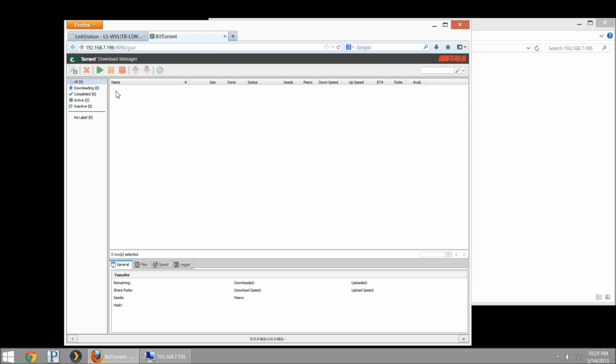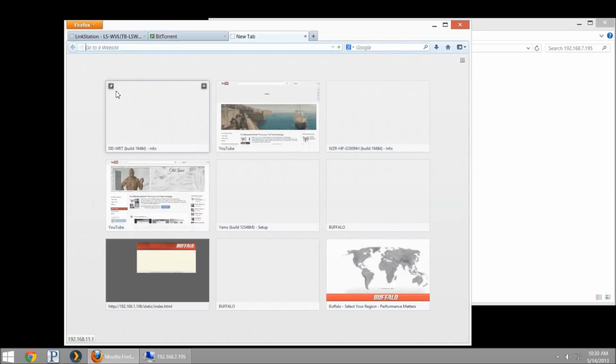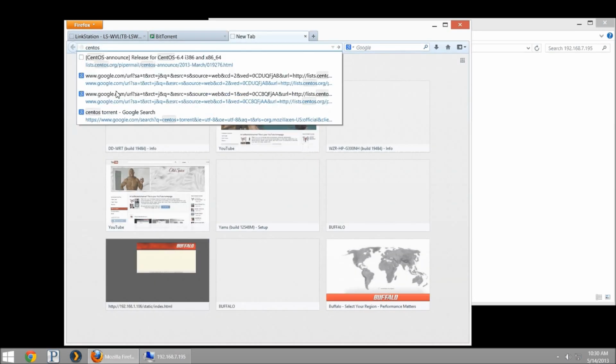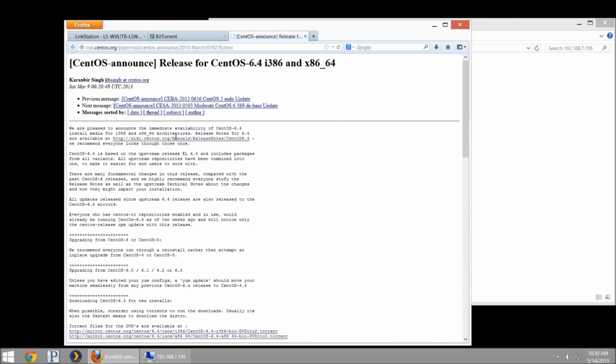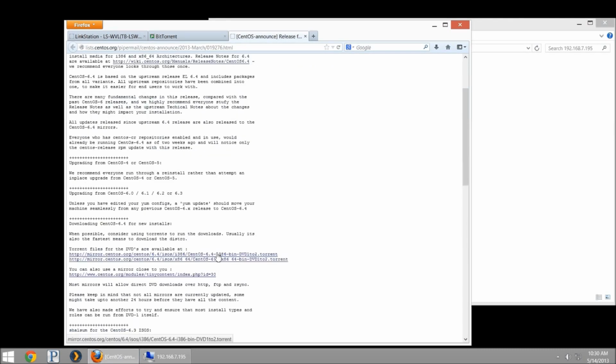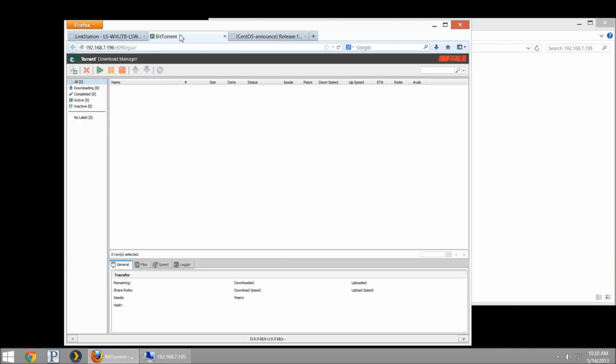The first thing I want to do is get a torrent loaded. So what I'm going to do is I'm going to open a new tab real quick and download the CentOS release. So CentOS always keeps a torrent available for you to download their releases. And I'll go back and I'm going to click the Add Torrent,